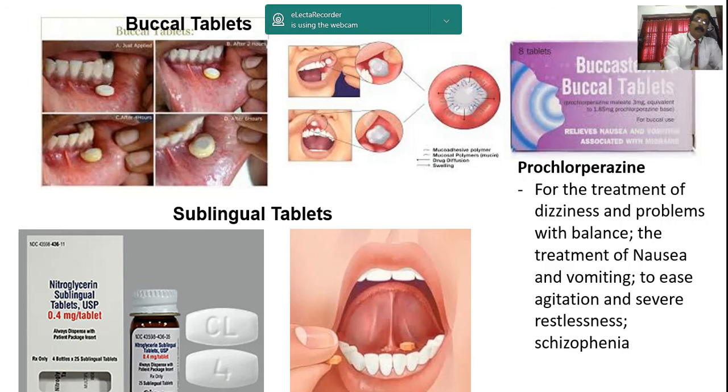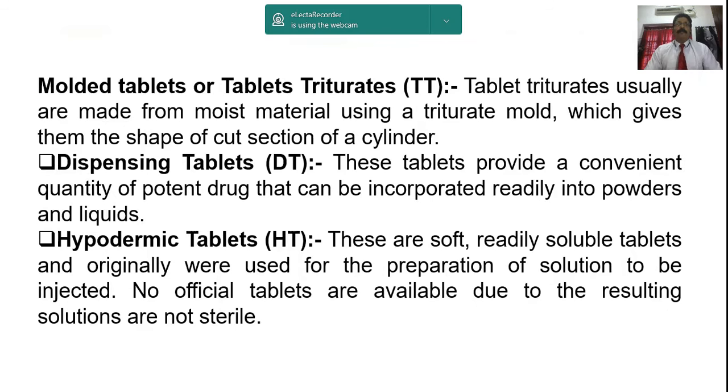And as a sublingual tablet example, you can see the nitroglycerin tablet which I have shown in the picture, kept under the tongue. It can be given to any patient to get immediate relief from his difficulty, for his angina pectoris. So this is what you have to be very careful about, understanding by means of the pictures, and you will understand the difference between buccal tablets and sublingual tablets. If you remember an example, you will never forget.